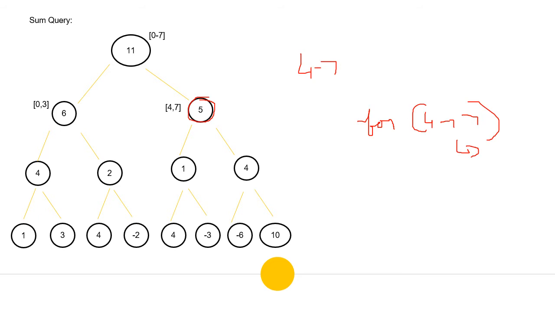When we see with only 7 elements, this may seem small, but consider if we have a large number of elements and we have to find the sum of elements from the first index to the 1 millionth index. In that case we have to traverse from 1 till the 1 million. But here there will be a root node which will contain the sum of all the elements. We can use that, or else we can find some subsequent nodes which can give us the sum easily.